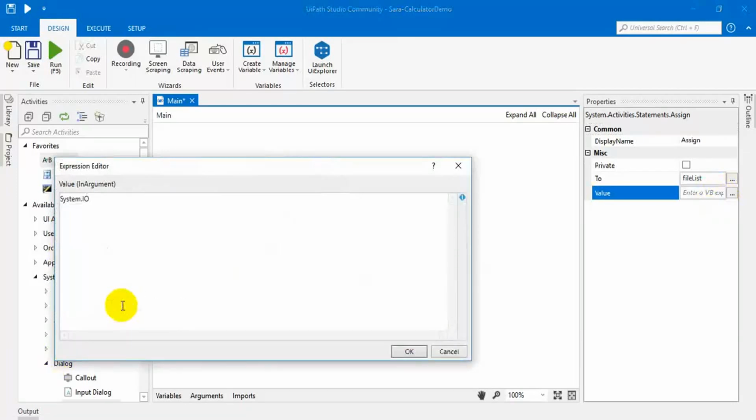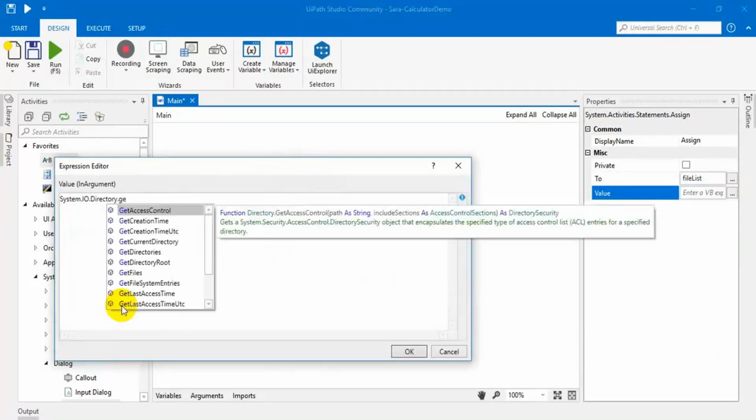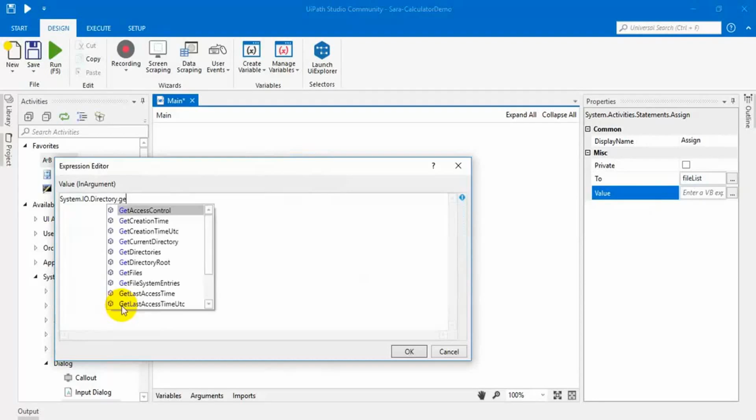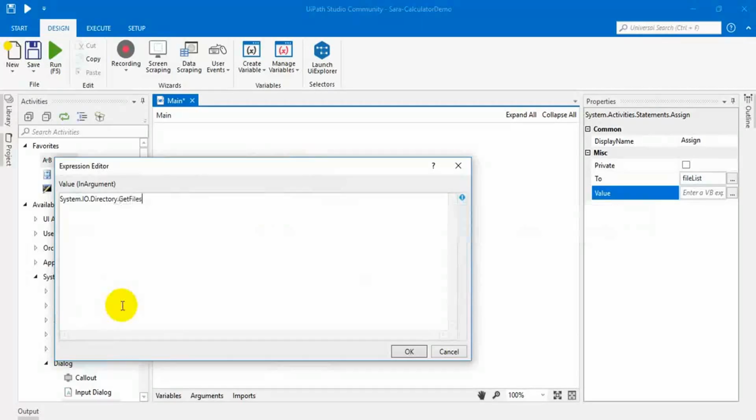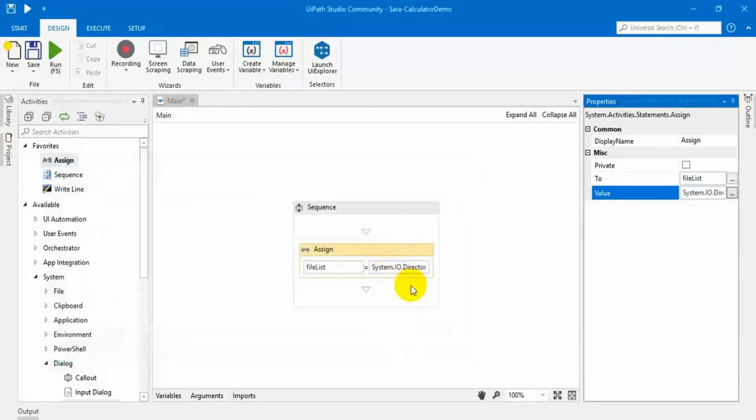dot IO dot Directory dot GetFiles. Okay, paste the path of this directory here. That's all. Now this command will read all the file names and all the file names going to be assigned to this list. Okay, let's print all the names